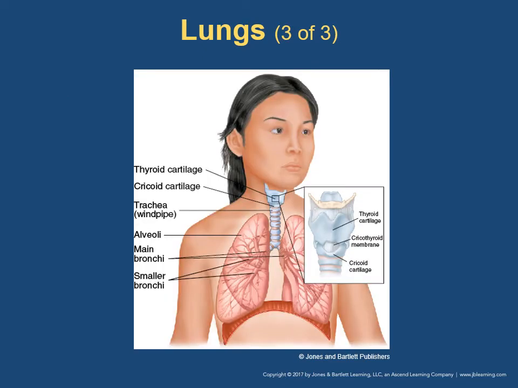And here's a diagram of your lungs. So these are some of the things that we just talked about. You have the thyroid cartilage here, and it's blown up in this box here. You have the cricoid cartilage here at the bottom. In between those is the cricothyroid membrane that we talked about. So remember where the